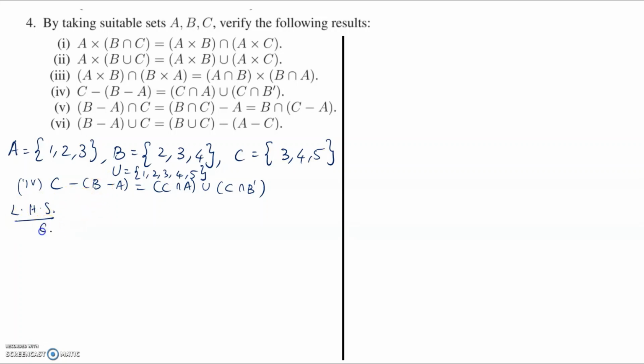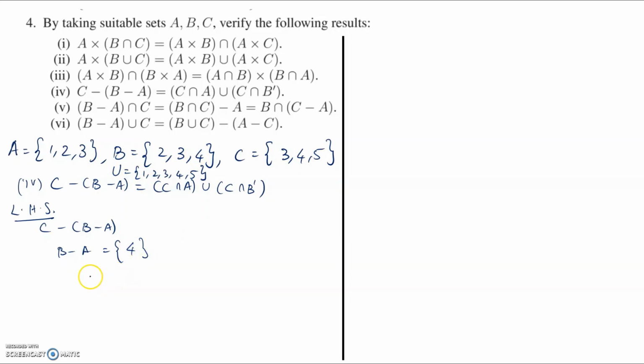So we need to prove C minus B minus A is equal to this. So let's do B minus A first. So what is B minus A? All the elements which are in B, but they should not be in A. Now 2 is in B, but it's also in A, so 2 is removed. 3 is in B, also in A, so you need to remove 3. 4 is only in B, not in A. So your answer is